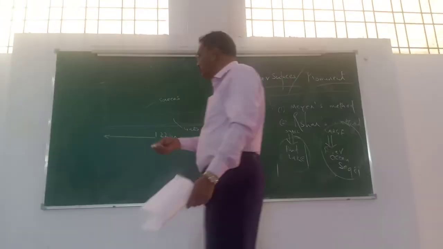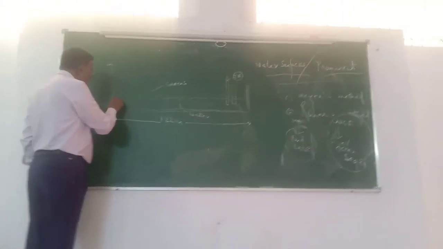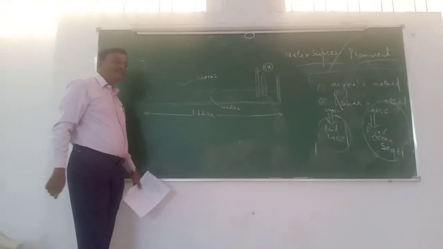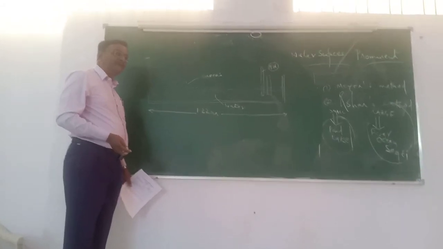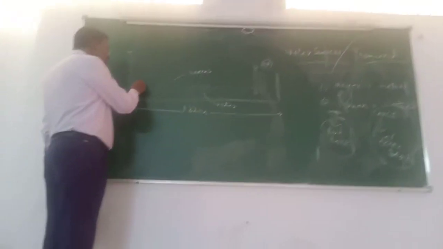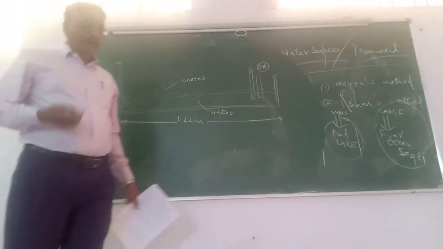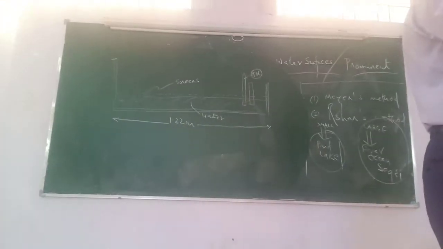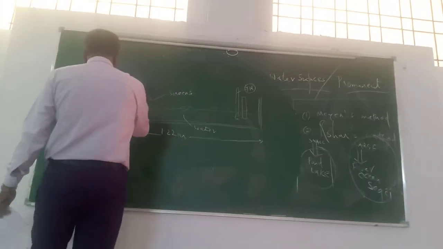Then what they are going to do: this is a pan of dimension, and the water is being poured into this particular pan. What is to be poured, you should know what evaporation is going to take place. Then above that particular water level, they are going to place screens.